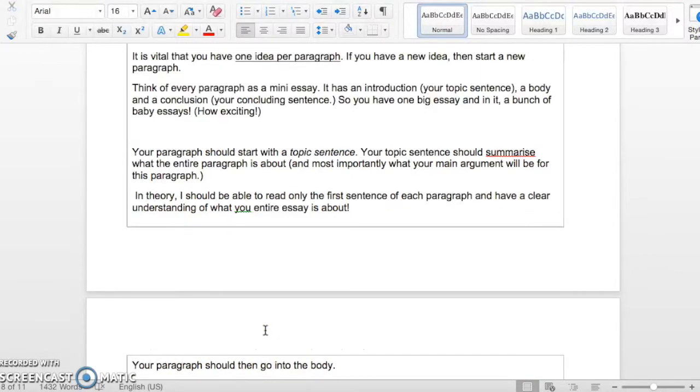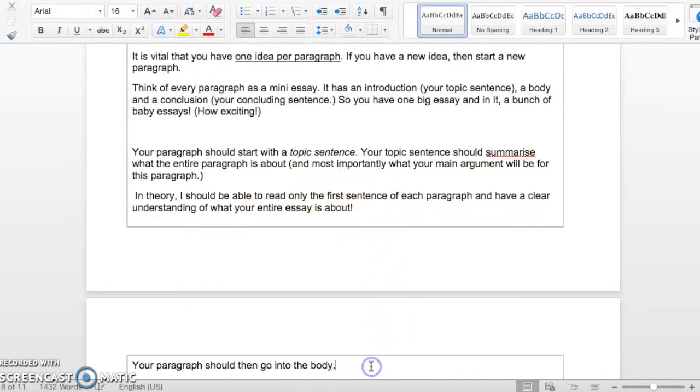So your paragraph should start with a topic sentence. Your topic sentence should summarize what the entire paragraph is about, and most importantly, what your main argument will be for this paragraph. So your topic sentence is one sentence that summarizes what everything is about. In theory, I should be able to read only the first sentence of each paragraph and still have a clear understanding of what your entire essay is about. Let me fix that because that's going to annoy me. Okay, so